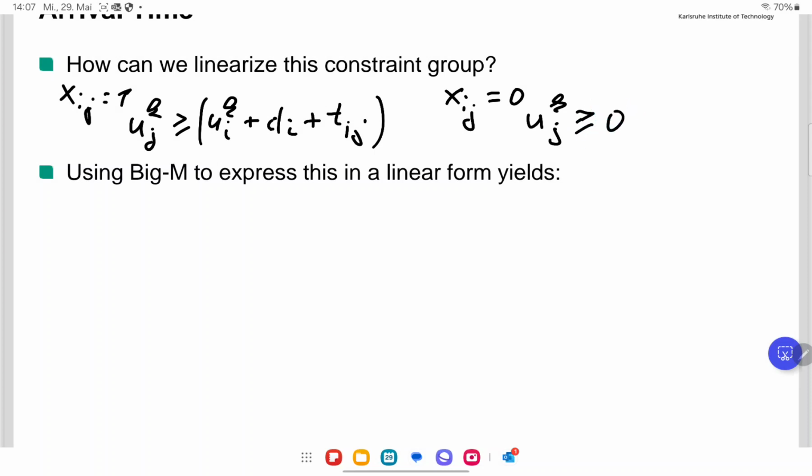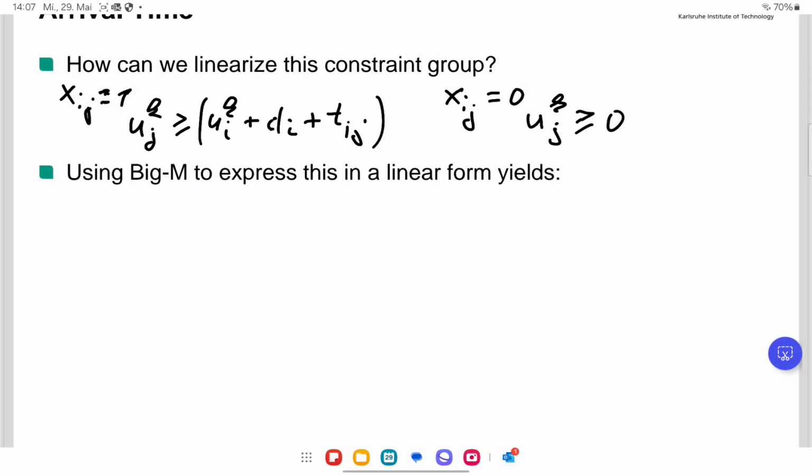So this is the case if we decide whether we use this arc ij or not. Okay, and now the question is how to use this big M formulation to express this particular nonlinear constraint